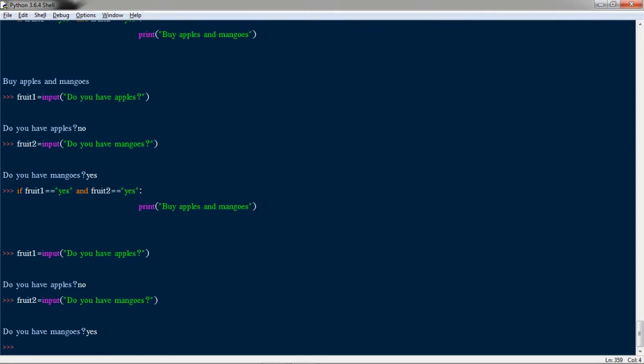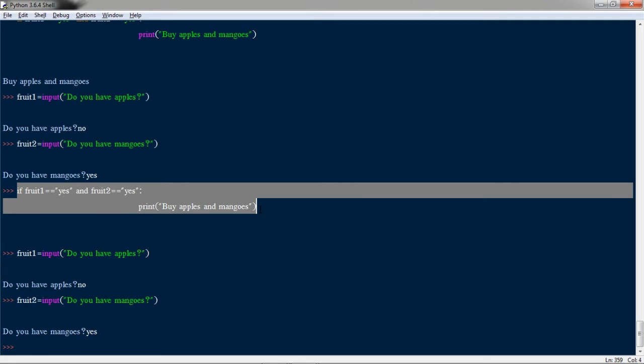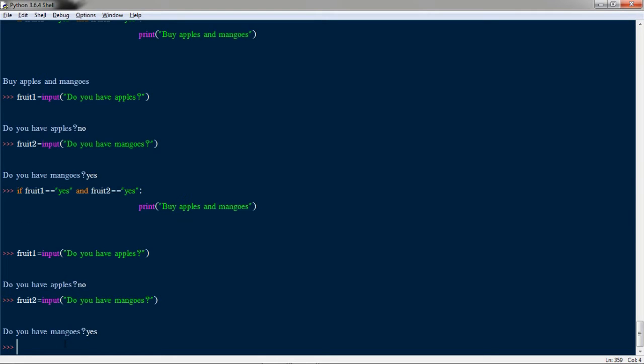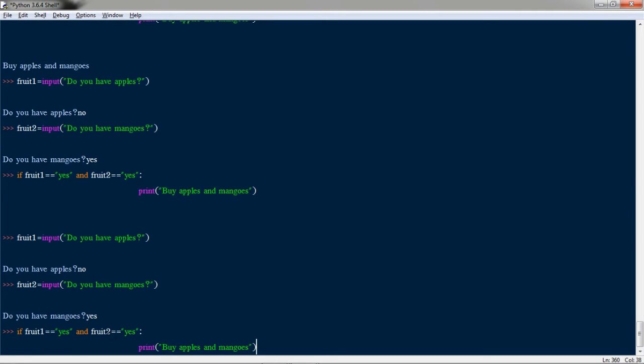Now the condition says that if the shopkeeper has apples as well as mangoes, then we have to buy it. But since the shopkeeper doesn't have apples, this is a no, so this condition won't be fulfilled.